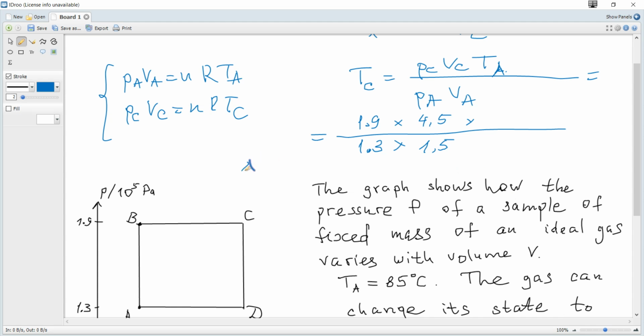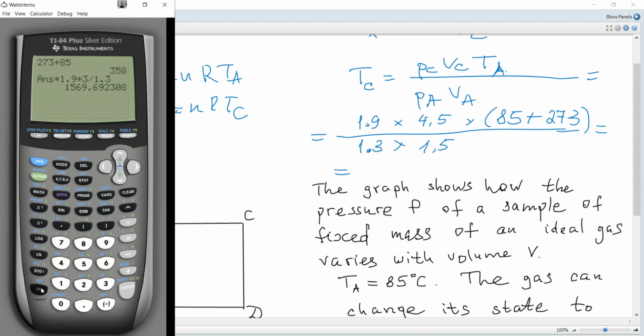If you use change in temperature, it may be in Celsius or in kelvins, because the number is the same for both. So it must be 85 plus 273, and we get